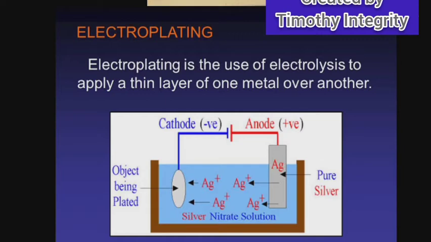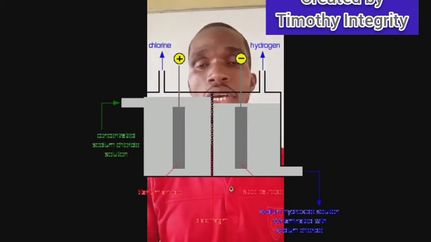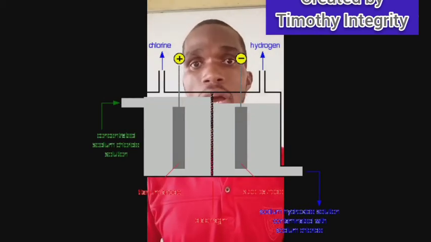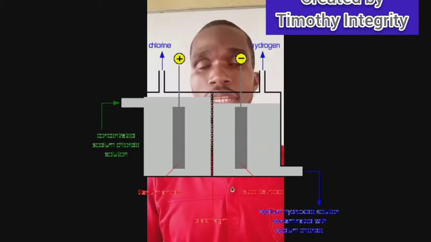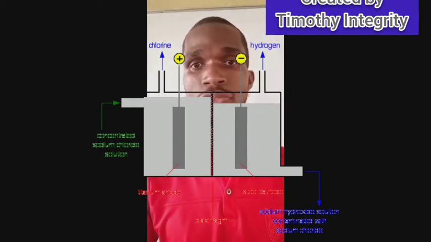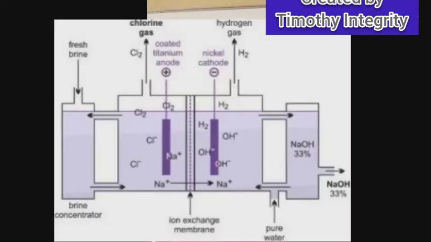The last application of electrolysis, which we are considering today, is in the preparation of certain compounds, such as sodium hydroxide. We saw that the electrolysis of brine can be employed in the preparation of sodium hydroxide. Sodium hydroxide pellets can be prepared by that electrolysis. Now, let's talk about